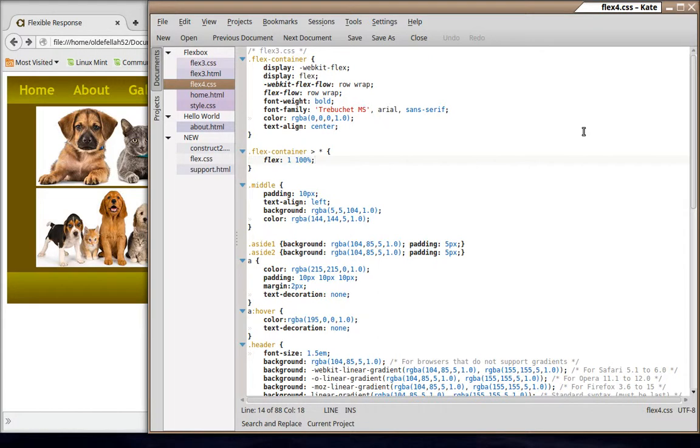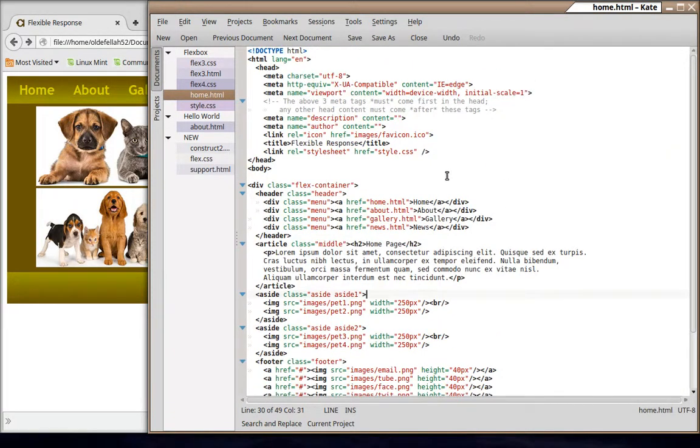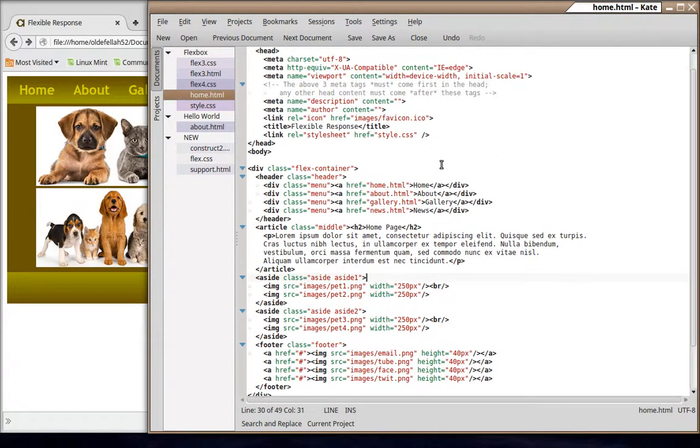So I've saved Flex 4 as home, which is this, and it looks pretty much the same. I didn't mention that I'd actually added an extra menu item either, which is news. You probably spotted that. And I've also changed it to style, so we're going back to the original stuff at Hello World where we called the CSS a style, and so I've done the same thing with Flex